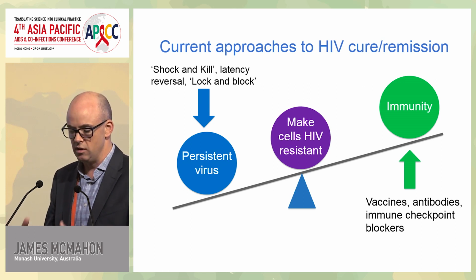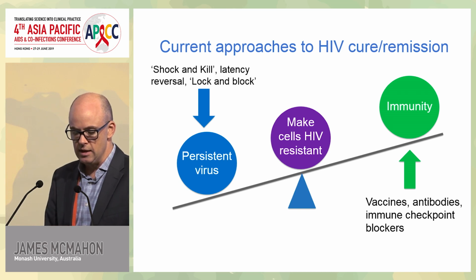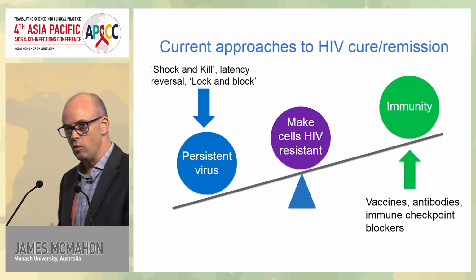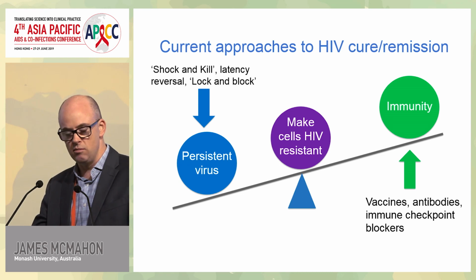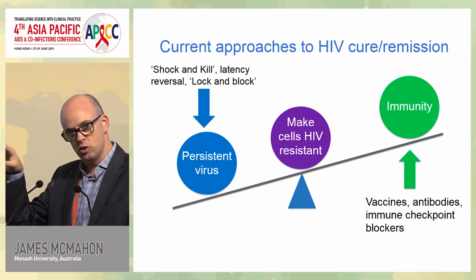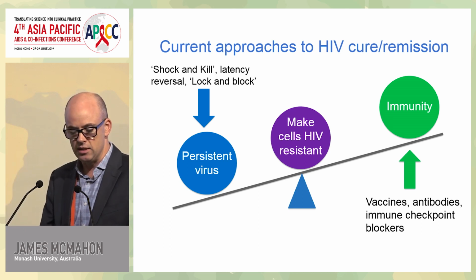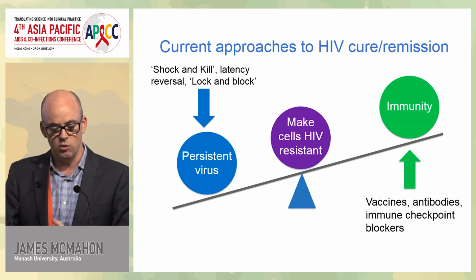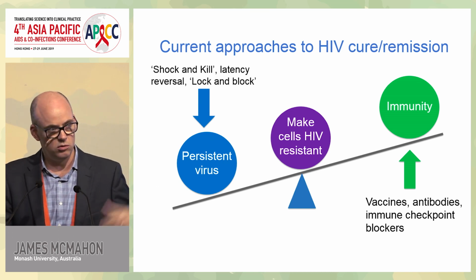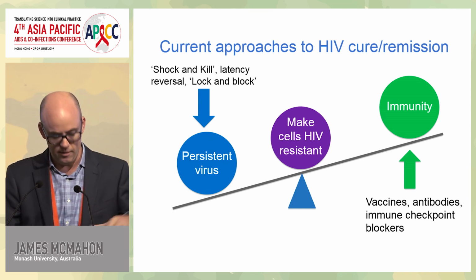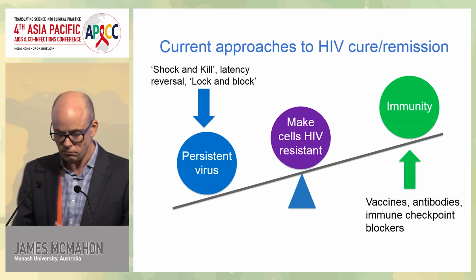So I think whenever we think about ways in which we can control viral replication off ART or even try and purge or eliminate residual HIV, as all described by Denise, there's two main ways to think about it. One, we increase the power of the immune system to attack where HIV is and control it, or we do things to push HIV down or away. So that is the left side of the little seesaw there. So we could do latency reversal to remove residual virus or lock that virus down with lock and block.